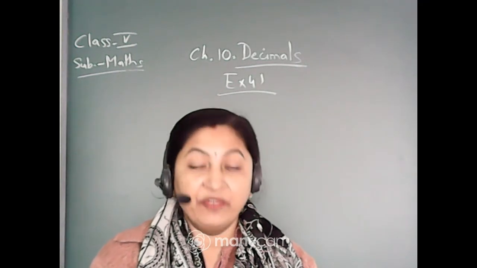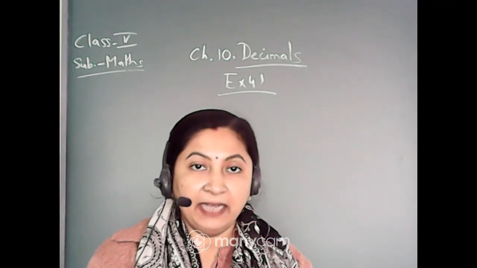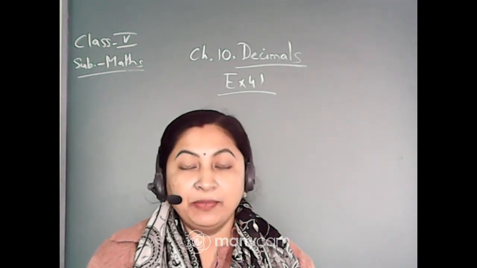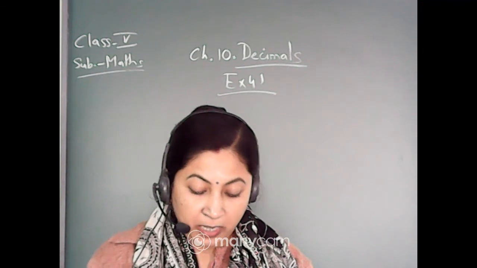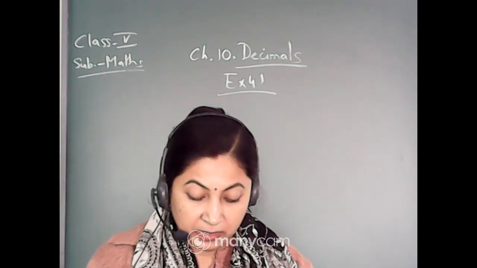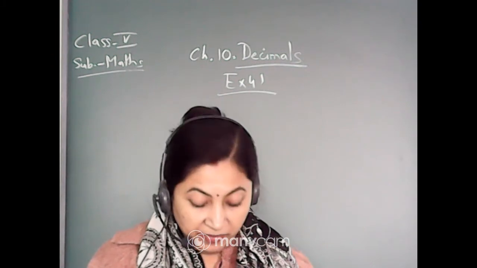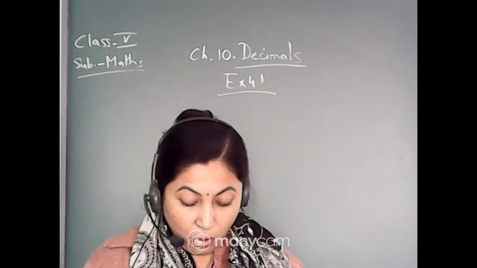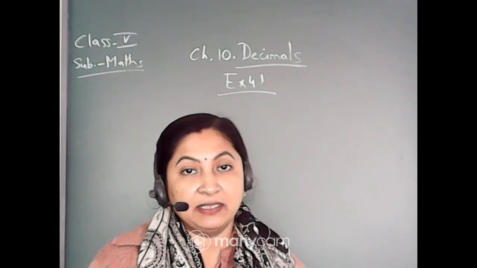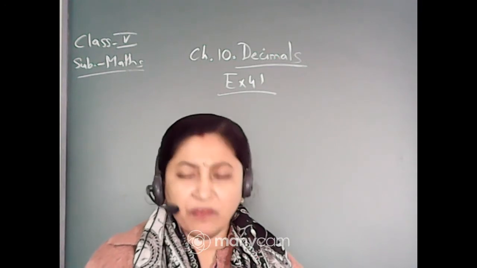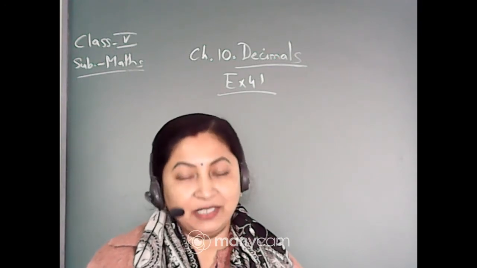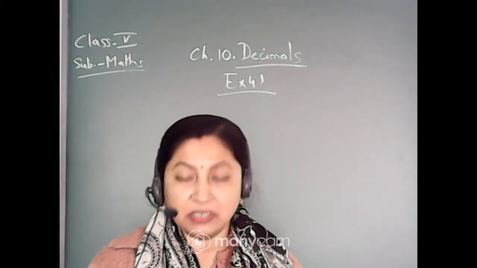And in offline, we were doing composite maths. In that composite maths, we were doing chapter number 10, decimals. I think we have completed up to exercise 41 addition. I have told you that you will complete all the additions given in exercise 41 on your own. Some of the additions we have done in the class, but the maximum I have told you as homework because it is very easy addition.